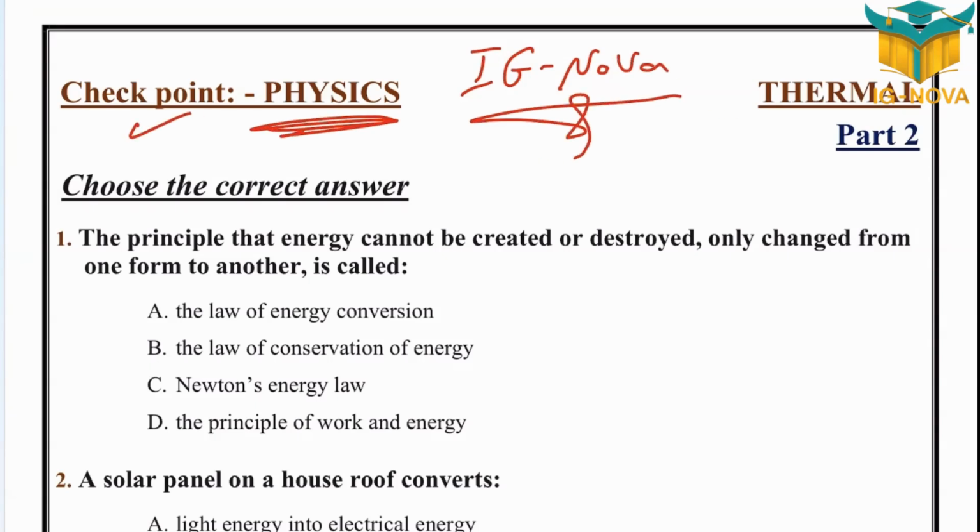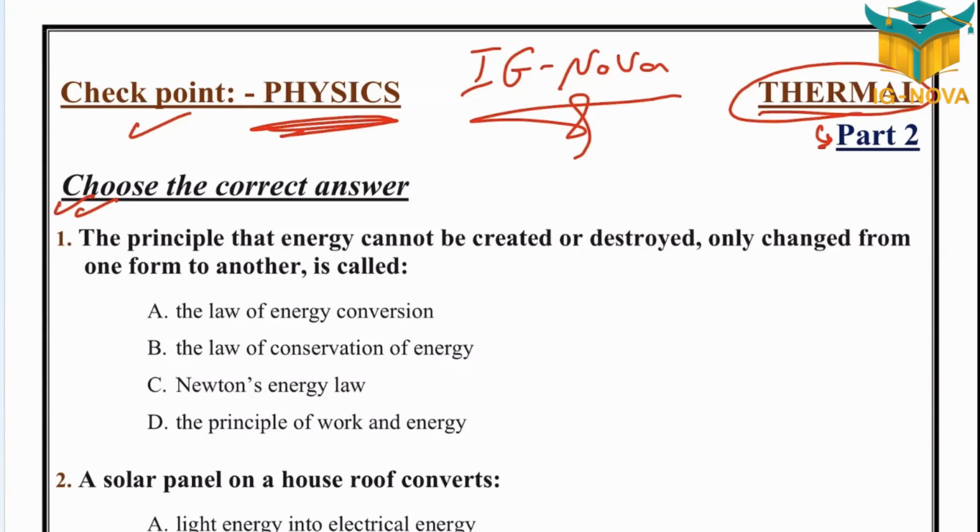In the physics part, we're going to study thermal energy, heat, part 2. We're going to continue with conduction, convection, radiation, heat energy, thermal energy, and how they transfer. If we have any type of question, we're going to explain it. It's a worksheet, only multiple choice, and we're going to discuss why we choose the right answers.